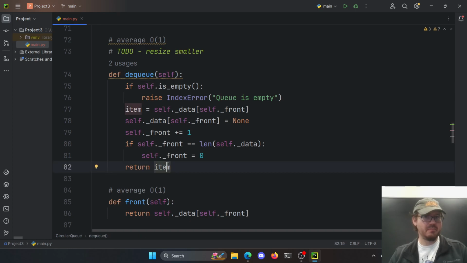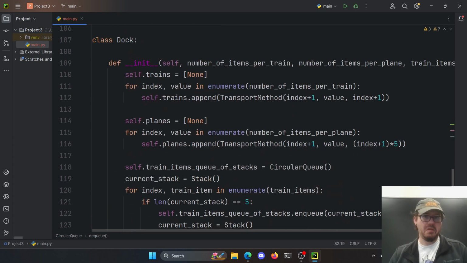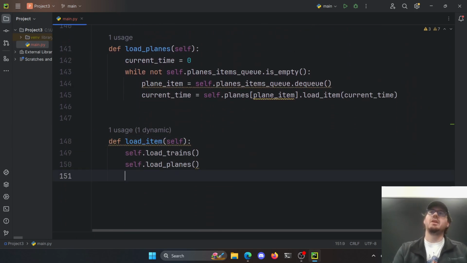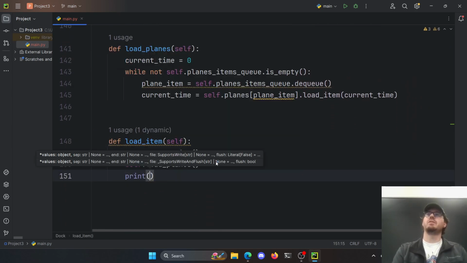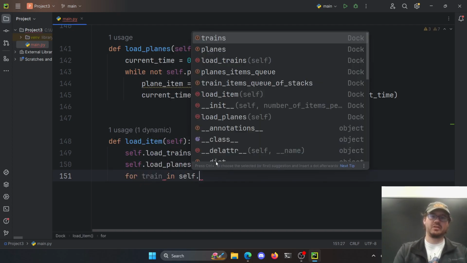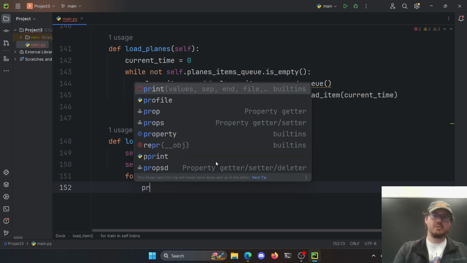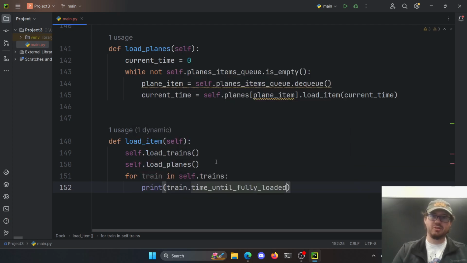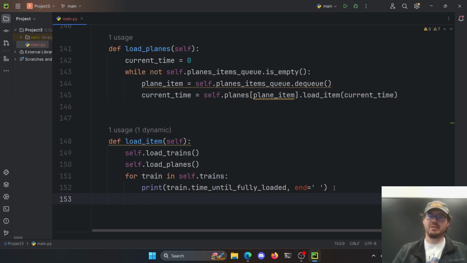Return the item. It should return something. I don't know, I think it'll work. We'll see. So after we load the items, we wanted to print some output. We wanted to print the number of minutes it took to load each train. So I guess we could just say for train in self.trains, we want to print train dot time until fully loaded, and we want to change that ending character to a space,